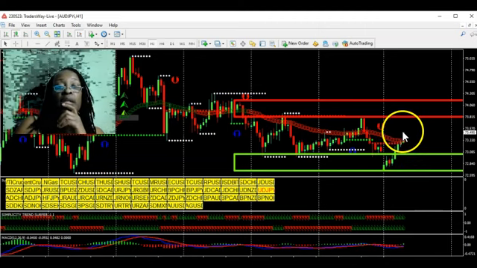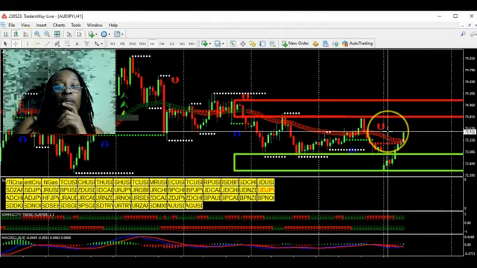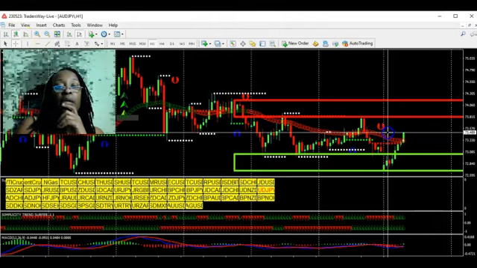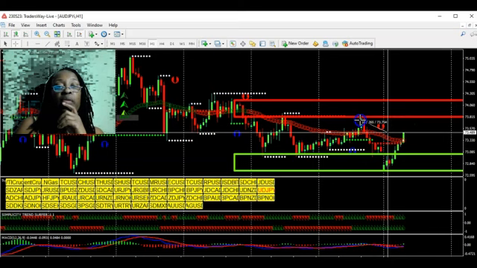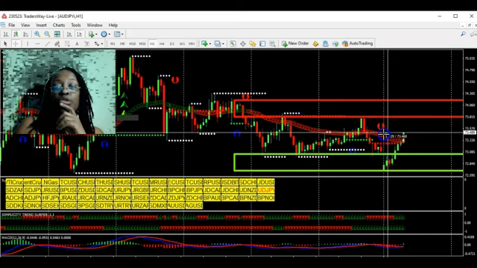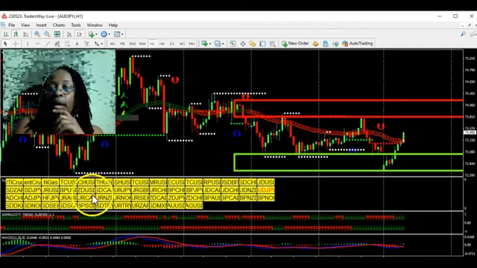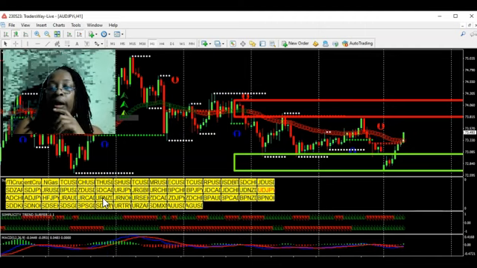Okay. So yeah, it is definitely rallying up, right? Rallying up to this point right here. So we're about 28 pips out. Yeah, this is definitely going to do what it's going to do, right? Okay, so let's take another one. Let's do